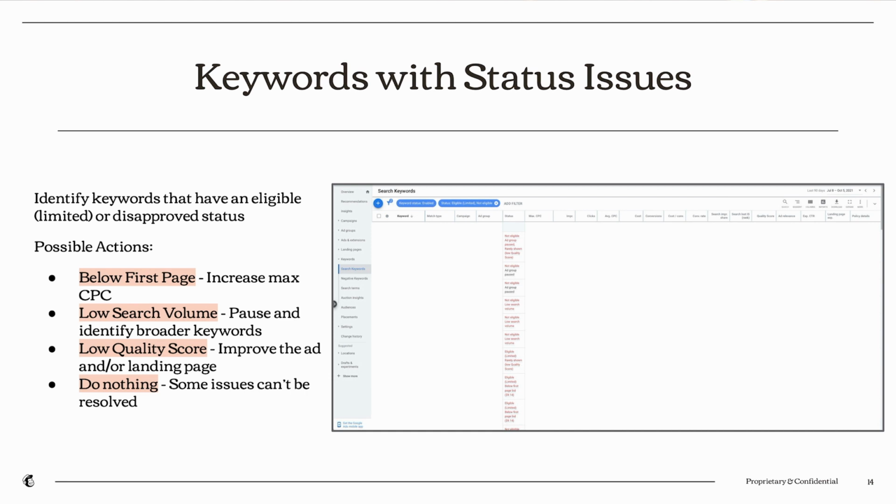Next would be low quality scores. So if you're finding that there are keywords that currently have a low quality score, I would identify either the ad relevance or the landing page or the expected click-through rate as the issue, and then I would look how to resolve that. The great thing about low quality score is that it doesn't cost you that much more to change anything, unless maybe from the landing page perspective, you have to hire somebody to help you out with that. But other than that, you definitely have a little bit more control over creating some new headlines and new descriptions to quickly solve that low quality score. So that one seems like a lower barrier in terms of the cost that you would have to pay for it.